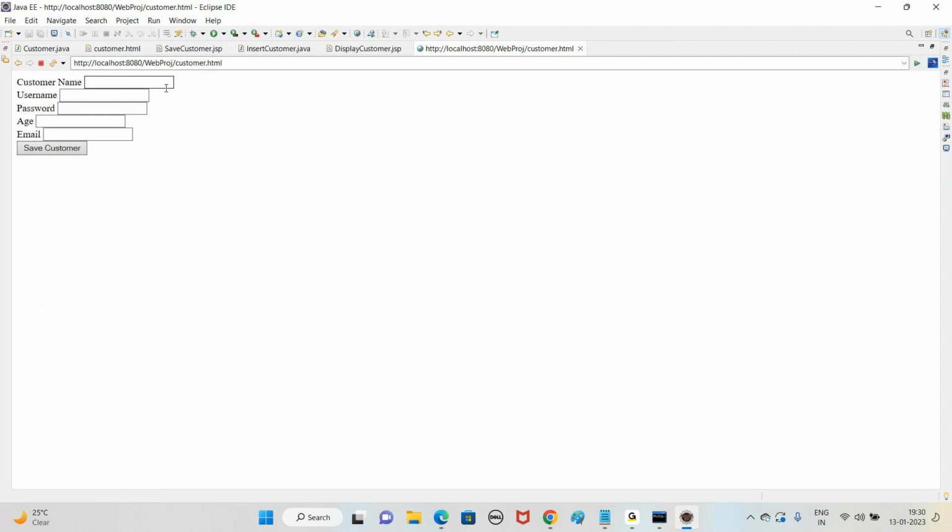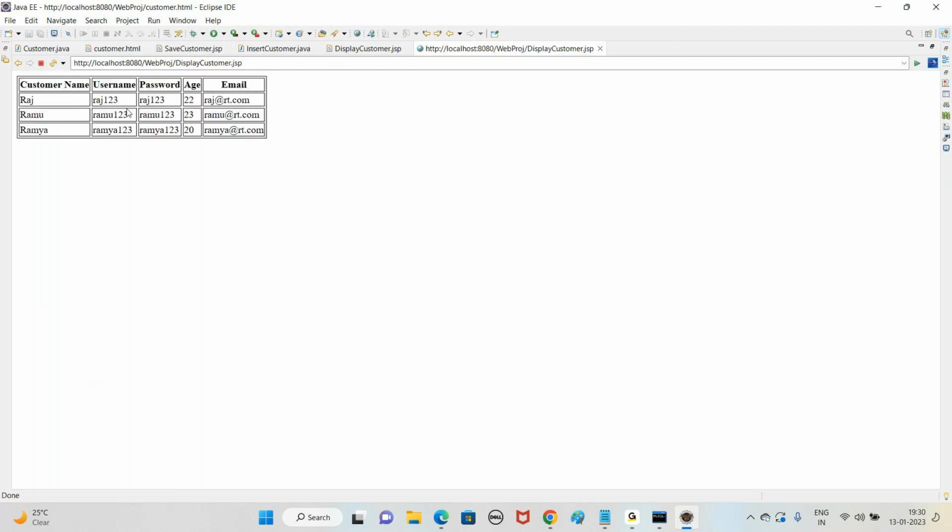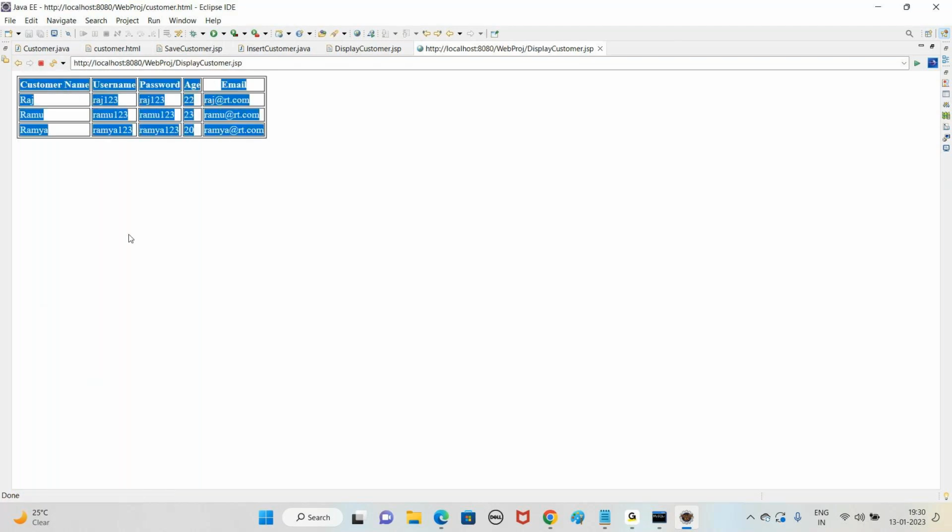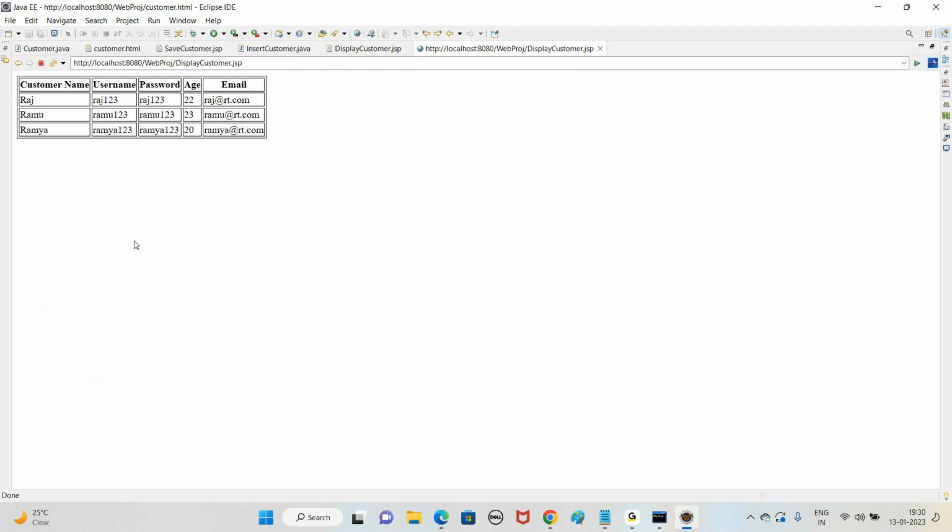Then go with again one more. Ramya123, Ramya123, age some 20, email ramya@rt.com. Save customer. Like that, however many records you want to insert, you can insert. And when you click here display customer details, it's going to pull out all the records and display them in tabular format. Got it, everyone? This application,